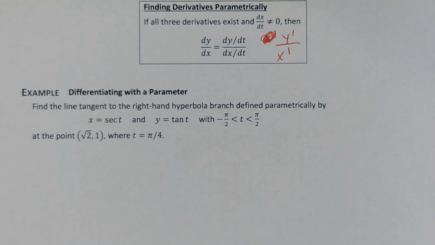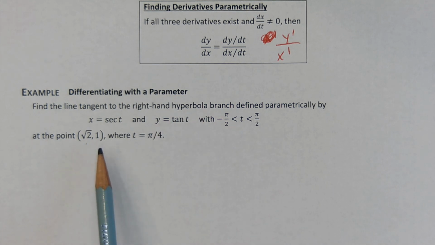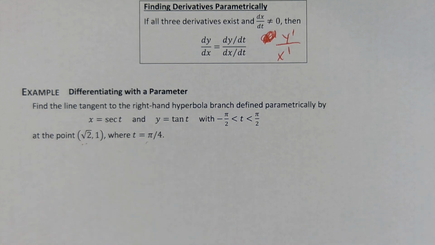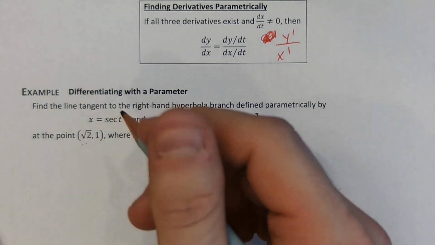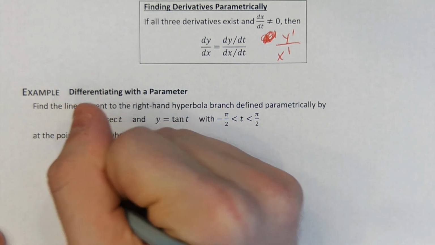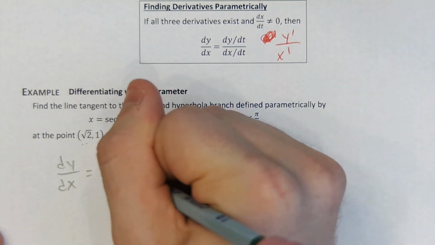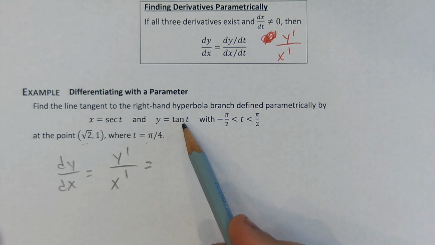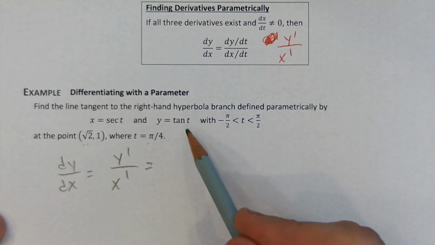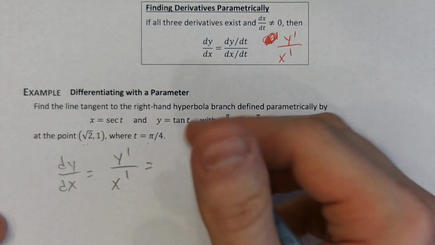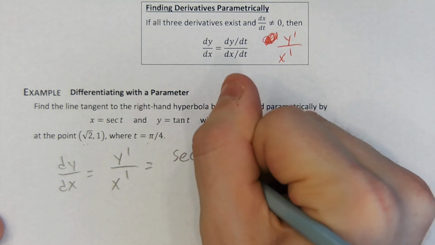So we've been asked to find the derivative of the parametric hyperbola between these two t values. Actually, excuse me, we've been asked to find the tangent line at this point at that t value. So we go, okay, dy dx is y prime over x prime. Okay, y is the tangent of t. Well, the derivative of tangent is secant squared. There's no chain rule here because the derivative of t is just 1, so it doesn't do anything. So it's just going to be secant squared t